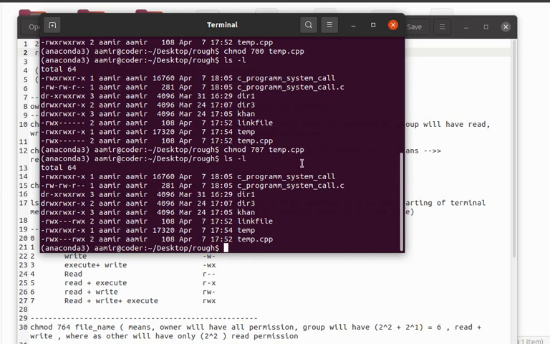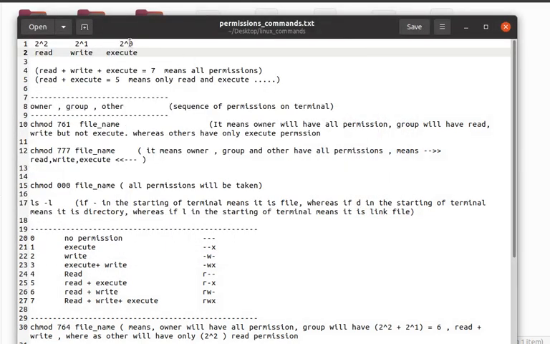Now let's check how this 7 works. If we add these we get 7, so 7 means read, write and execute, all permissions. Read plus write plus execute, we add these powers and digits.